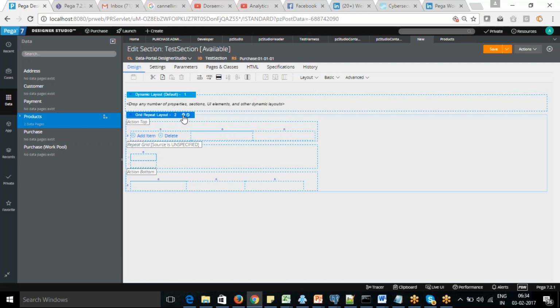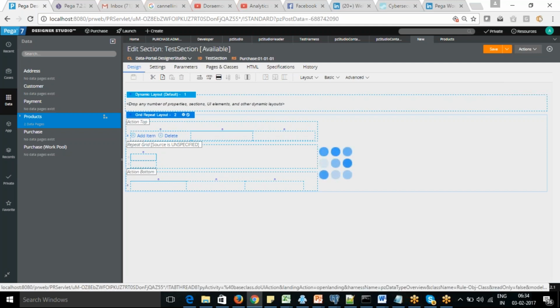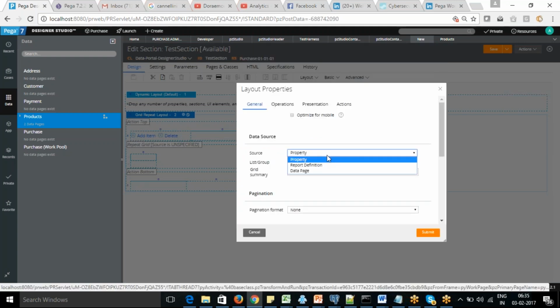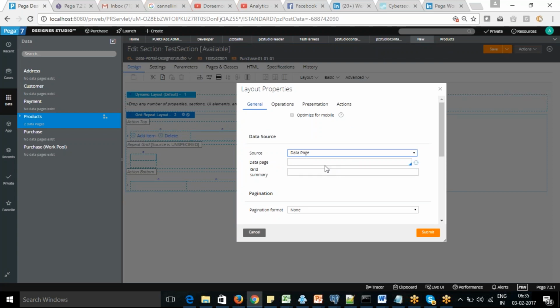so in the source, for every layout, you have a properties window. If you click onto the gear button, it will open the properties window for you. So this is the properties window, and I can go with the data page D underscore products.